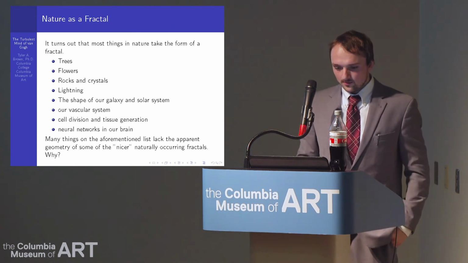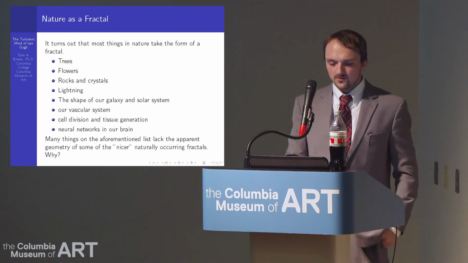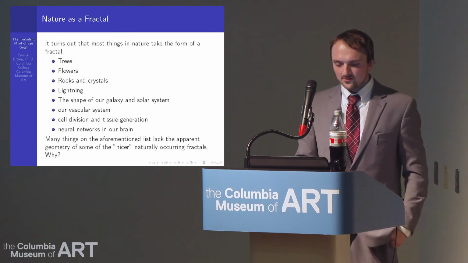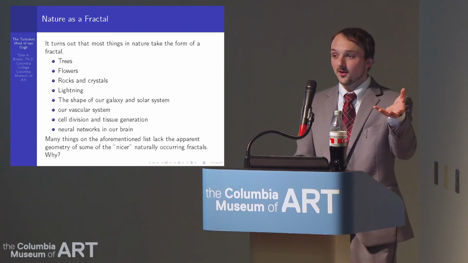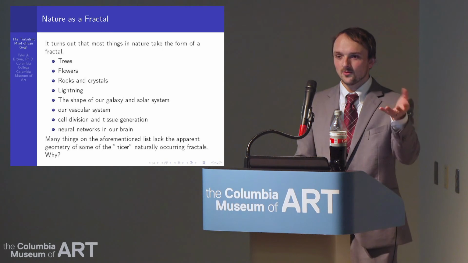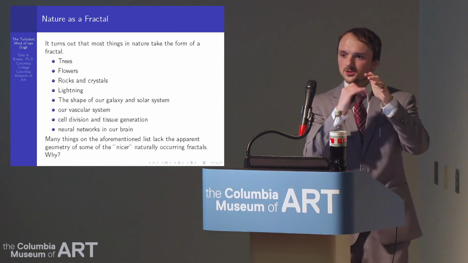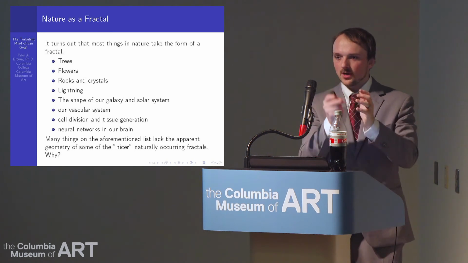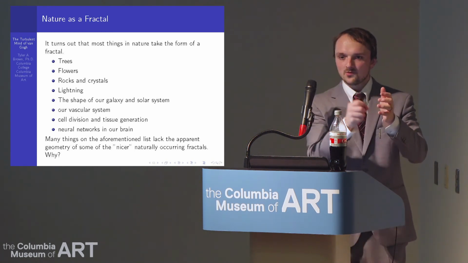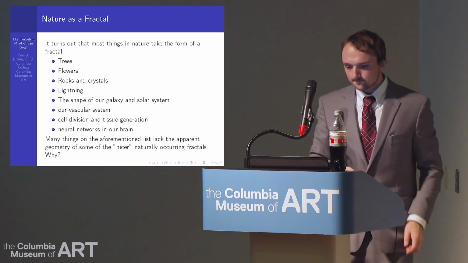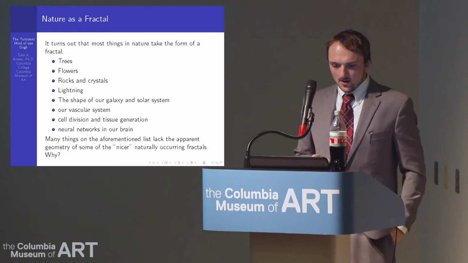Yeah, trees are fractals. But why don't they look as nice? That's an interesting question. Flowers are mostly fractals. Rocks and crystals. You take a boulder, you smash it. You can be like, oh, it's still a boulder. Yes, it's still a boulder, but the internal structure, like lines of cleavage and how a rock will actually break if you smack it hard enough, it'll break down the same way every single time you smack the smaller and smaller rocks. Rocks and crystals especially are fractals.